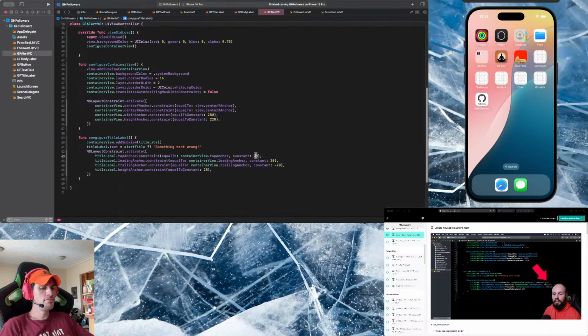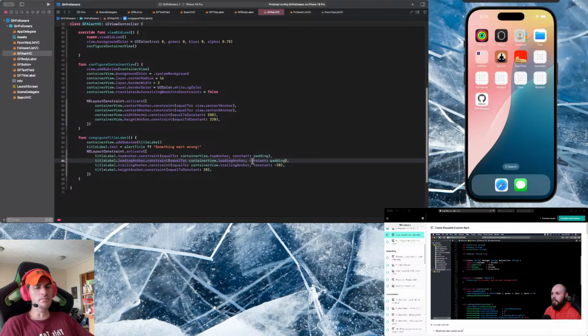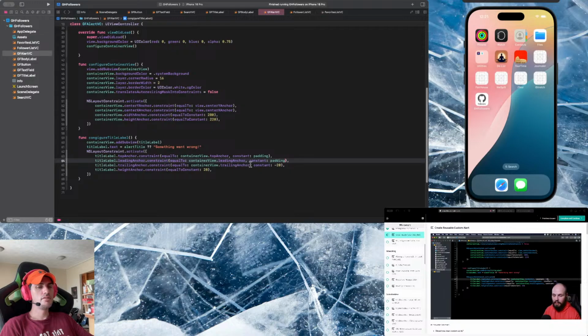Well, instead of changing, because you're going to see we're going to use this 20 padding a lot. Instead of changing that in 9 different places, you just come up and change this padding variable right there to whatever you need. And you can quickly tweak your design. So now you're going to see we're going to have padding,